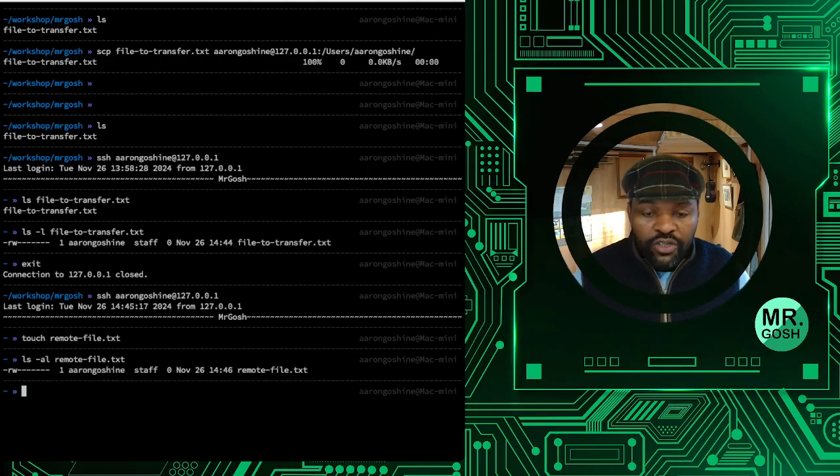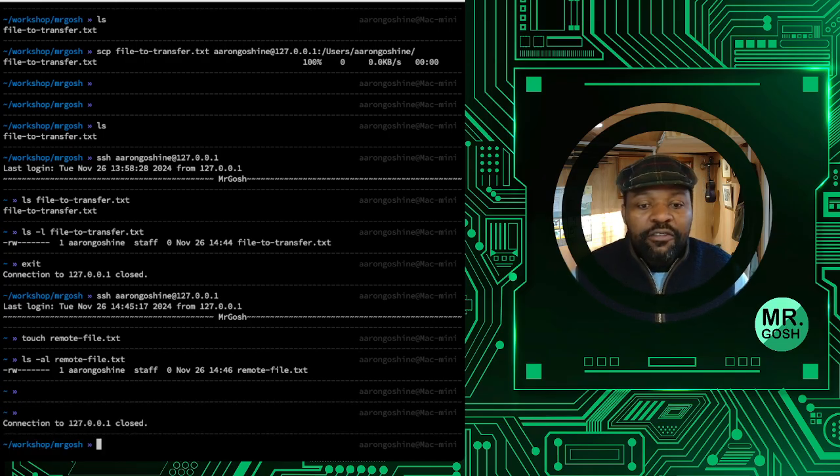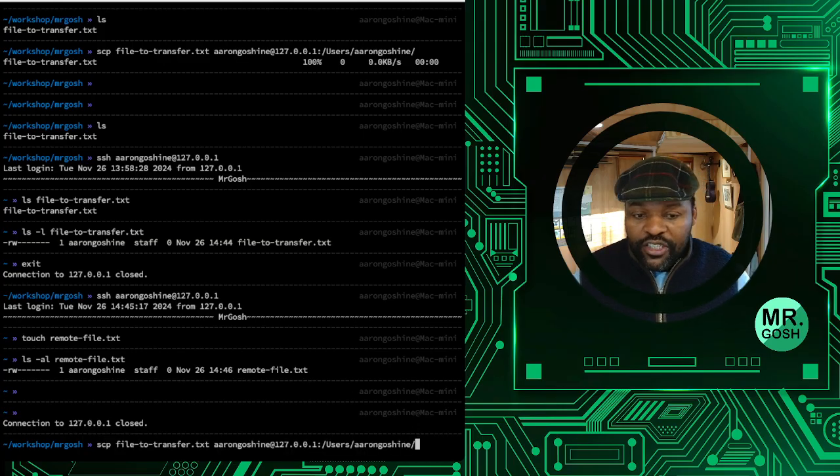So if we want to come back to our local machine, now we're back in our local machine, and if we want to copy that file that was created on the server to the local machine, this is how we would do it. Now we go back into SCP, and it looks similar. We know that we need most of this, and let me simplify this without recreating it from scratch. So we won't be referencing a local file to be copied. We'll be referencing a remote file that needs to be copied locally, and that will be called